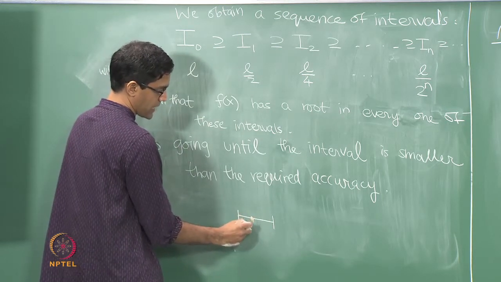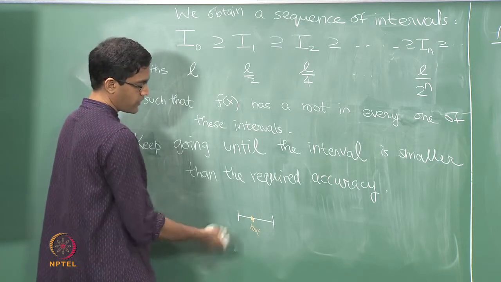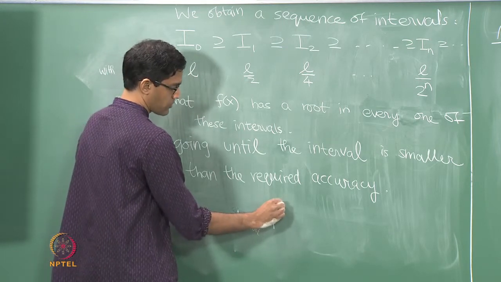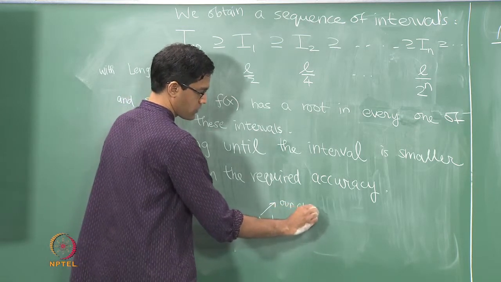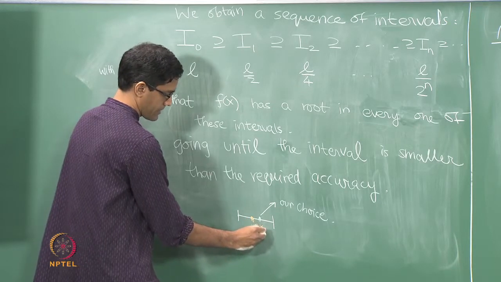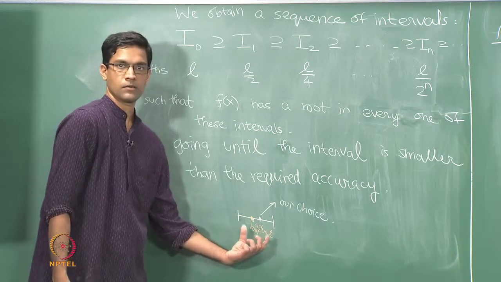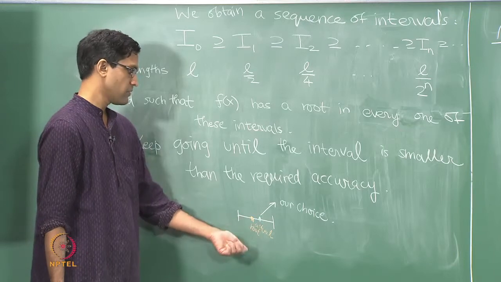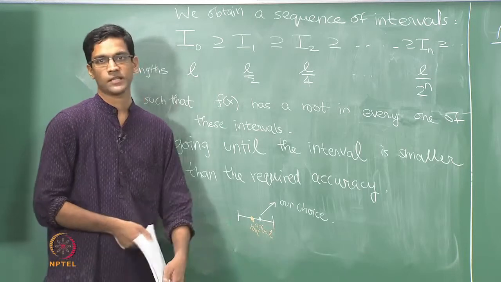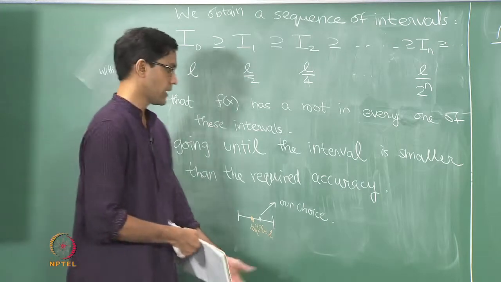So let's say this is where the exact root is. So this is the actual root. But let's say we pick the midpoint as our choice of approximate root. So suppose this is what we pick. So this is our choice of approximate root, and here's the actual root. The difference between these two is at most the size of this interval, right? Because they both lie in this interval, the difference between the actual and our approximation is at most the length of this interval. But since the interval is already smaller than the required accuracy, we are done. We don't need to worry anymore. We have obtained the root within the required accuracy.